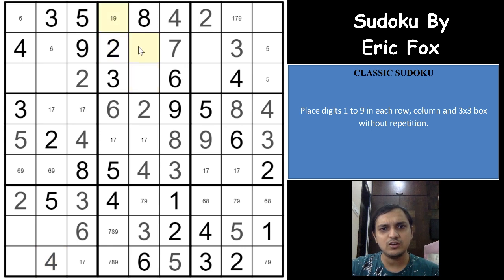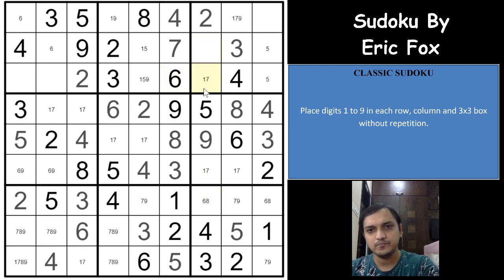So the 3 digits here are 1, 5 and 9. Because of the 9 we can mark a 1 5 here and 1 5 9, right? So the 4 digits remaining are 1, 7, 8 and 9, right? So 1 is already here, 7, 8 and 9 will be the 2 digits here, and here it has to be 1, 7, 8, 9, all the 4 digits. 1, 7, 6, 8 are the 4 numbers remaining here in this column. 6 is already there. Here we have 1, 7 and 8, 7, 1, 6 and 8, right?